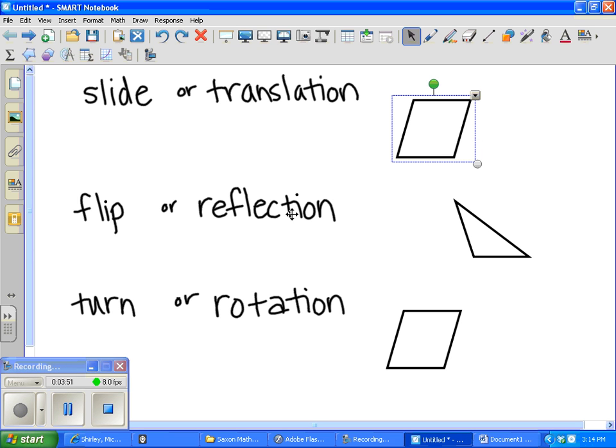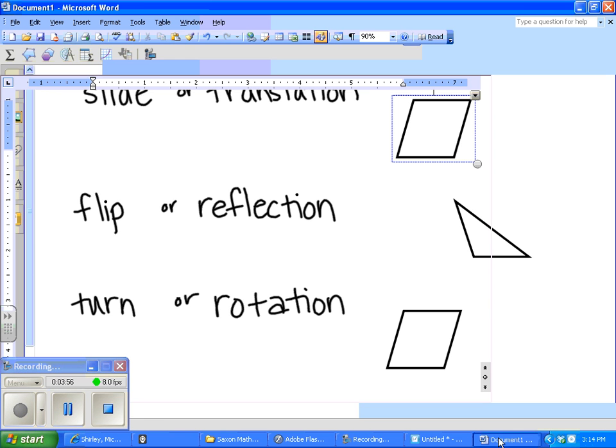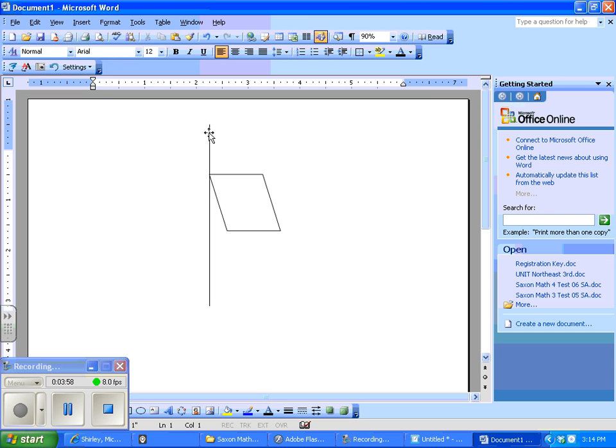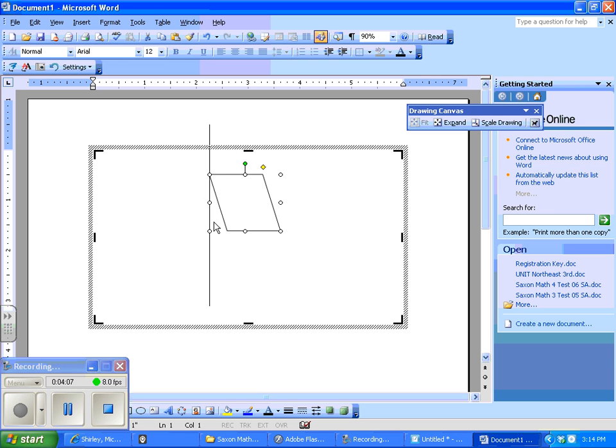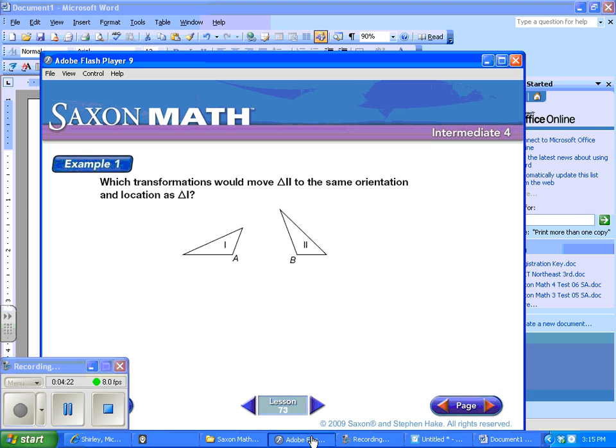Now, a flip or reflection. My program wouldn't let me do it to show you, so I had to open up Microsoft Word. Imagine a line in the middle, and it may not be there. You may just have to imagine it, and imagine it as a mirror. Okay, so if you're looking at a mirror, what you will see is a reflection of that shape. Okay, and if you'll notice, I just turned it right over that center line. So it's like looking in a mirror and you see the reflection. Okay,